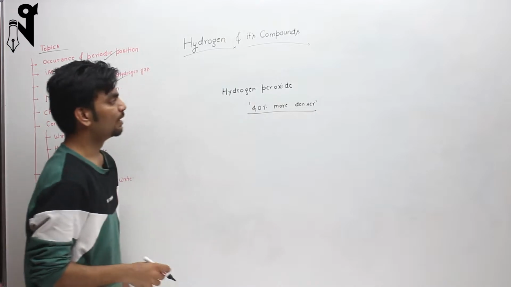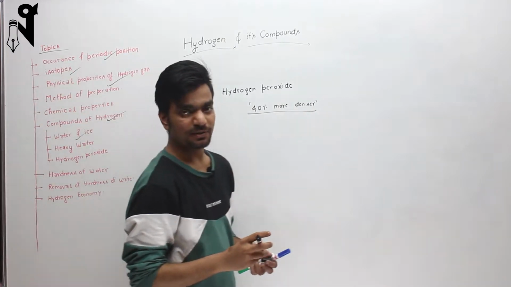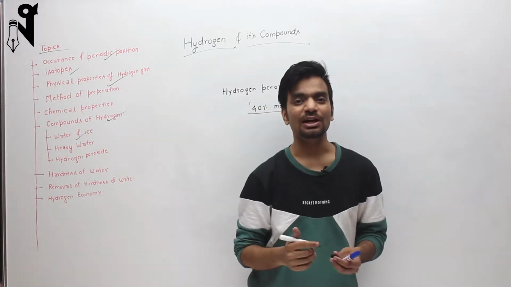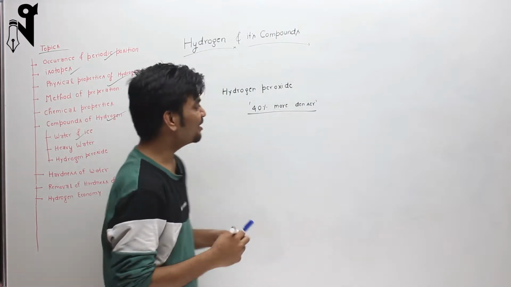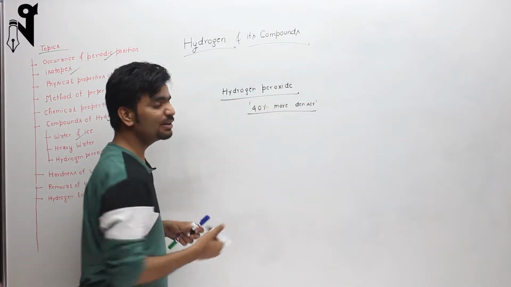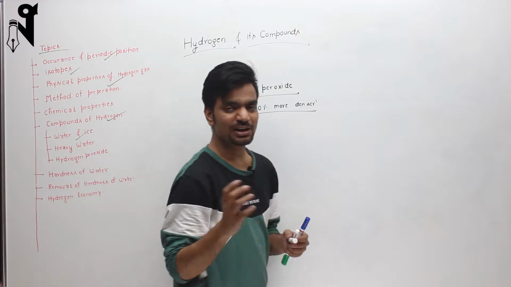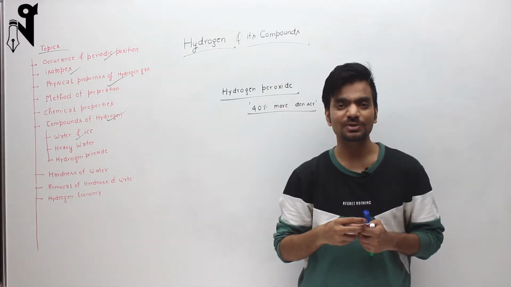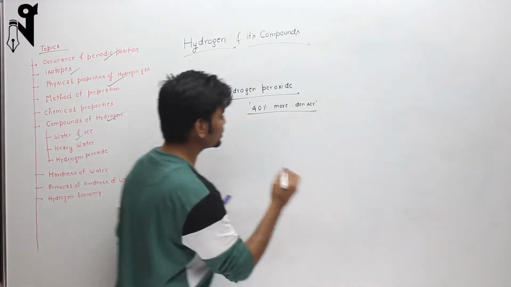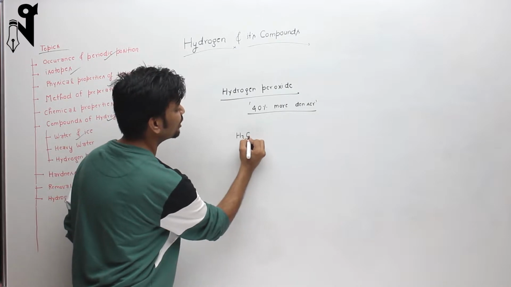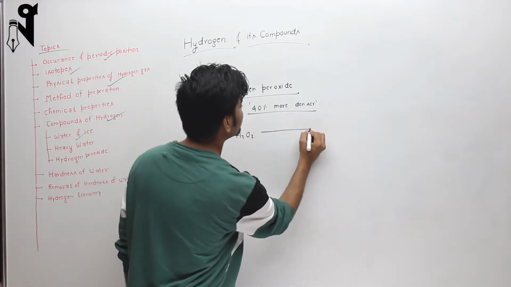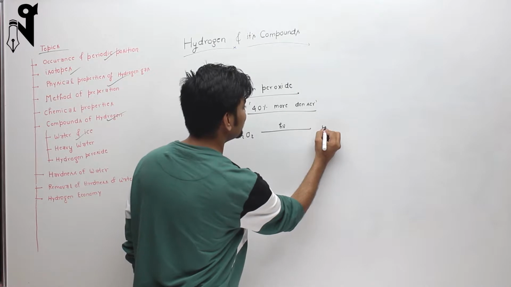There are also many significant differences, like you can never use H2O2 as a solvent. Why? Because it reacts with almost everything. It is a powerful oxidizing reagent. It is also a very powerful reducing reagent. Even if you keep this H2O2 in the open air, with the radiation it will dissociate to form